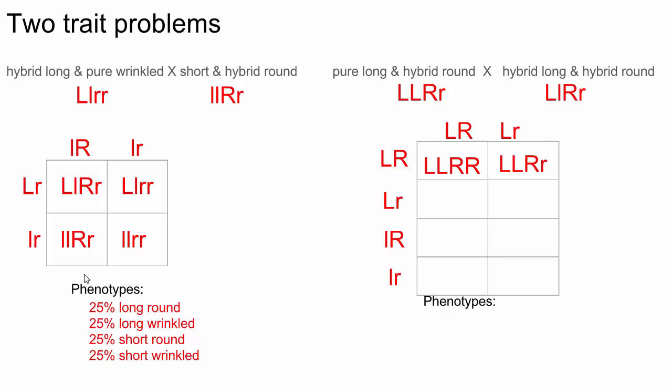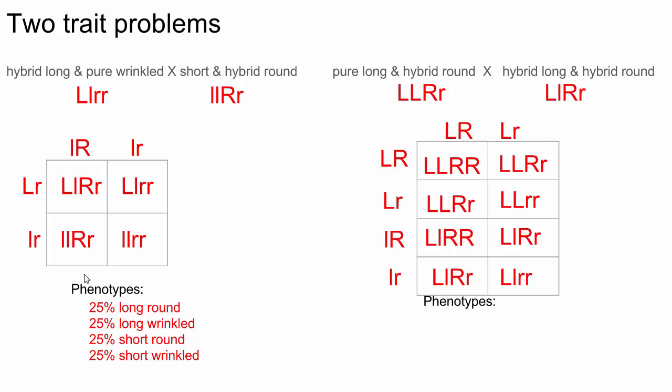What do we get here, Antonio? 2 big L's, one big R, and one little r. Yep. Caleb, how about here? What do we get here? Big L, little r, little r. How about here, Nate? Big L, little L, big R, big R. Yep. All right, so you guys got this? Yeah. All right.